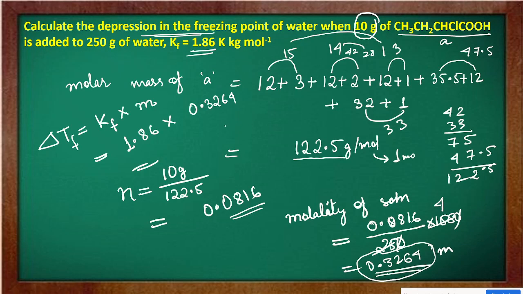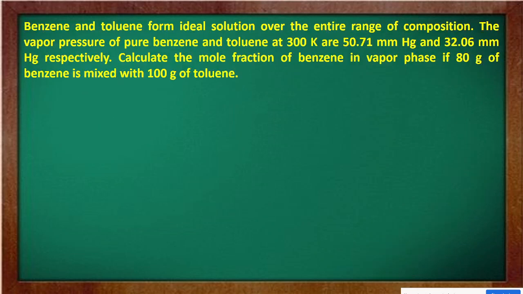You will get the value in terms of Kelvin. Here the unit will be Kelvin. The depression in the freezing point, you can get it from here. Once again, your duty is this one. You need to multiply this and find the final answer. Let's see another one. Now here one more question.